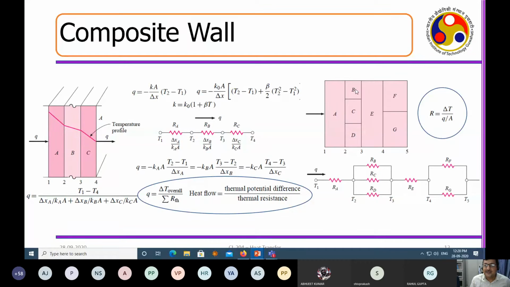Then you have, so here you have A and B. So this is the AB route, this is A and C, the AC route, this is A and D, the AD route. Okay, then you have RE, which is again in series with this, and then it is F and G. So F is with F and E with G. So very simple logic. If you look at the way it has been put in, the resistance is what? Delta T by QA. So it's a very simple logic that is followed in terms of these circuit developments and all.